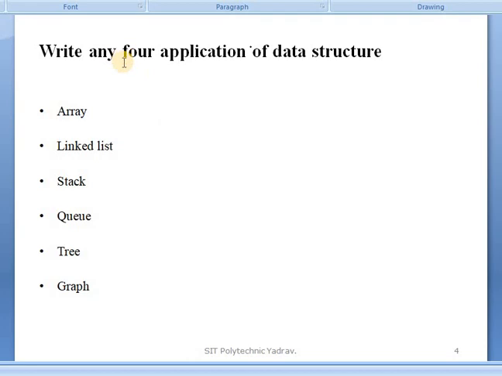Through these, data are stored in memory. So these are the applications of data structures. To answer, only list them down, not in detail.